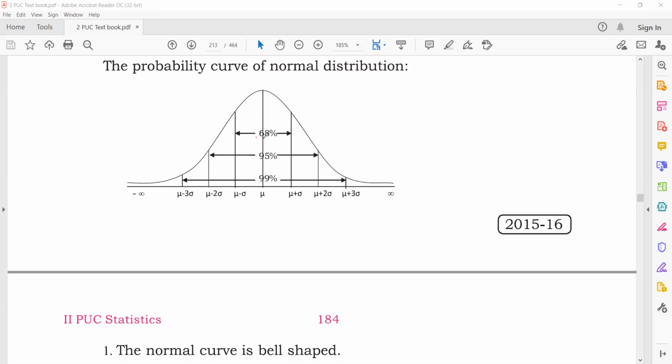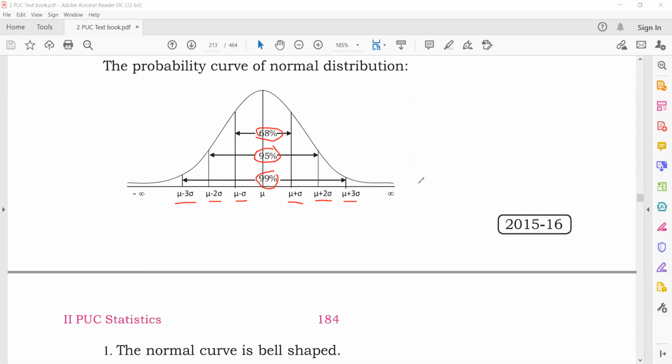So these are some particular probability belts which are used in producing various sigma limits. So these are called sigma limits. I am talking about mu minus sigma, mu plus sigma, 1 sigma. So within the 1 sigma belt, you will observe 68% of the data. Then mu minus 2 sigma and mu plus 2 sigma. Within the 2 sigma belt, you will observe 95% of the data. Within 3 sigma belts or limits, you will observe 99% of the data.